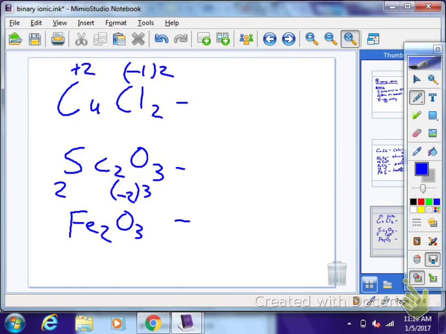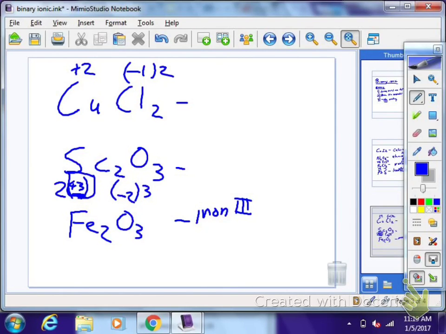So then what you ask yourself is 2 times what gives you a +6. 3. So each of those iron's going to be a +3, and that's your Roman numeral, the +3. Okay? It's not the 2. It's the charge that each one will need to be to balance out your -6. So this is your Roman numeral. So iron,